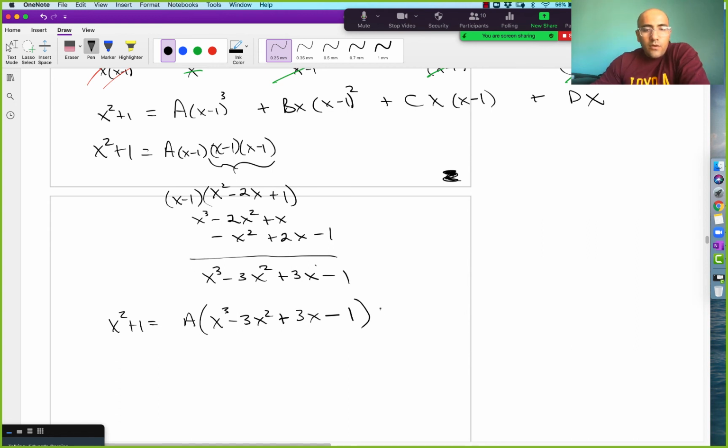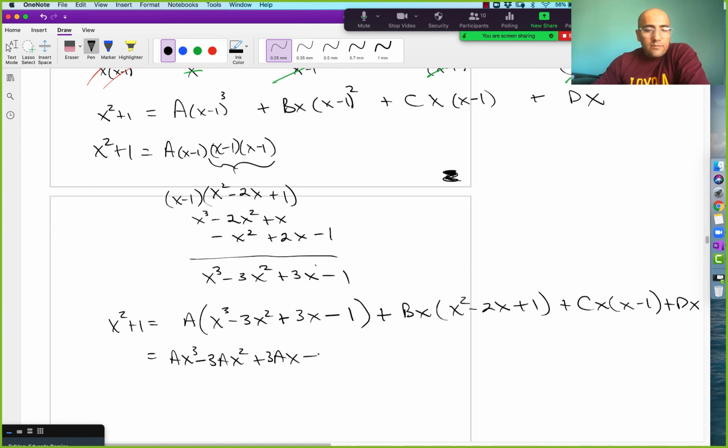Plus, and then we end up with a bx times x squared minus 2x plus 1, plus a cx, x minus 1, plus a dx. Okay, so now if I distribute, I'll end up with ax cubed minus 3ax squared plus 3ax minus a